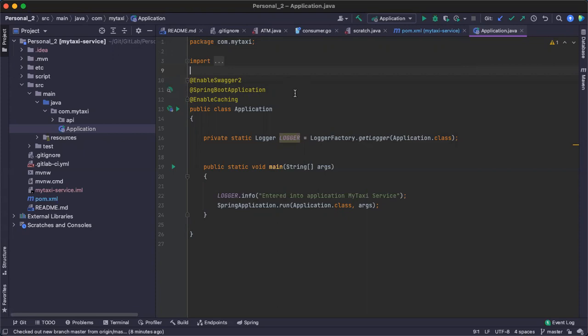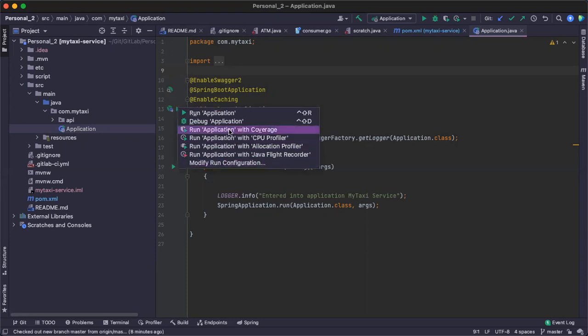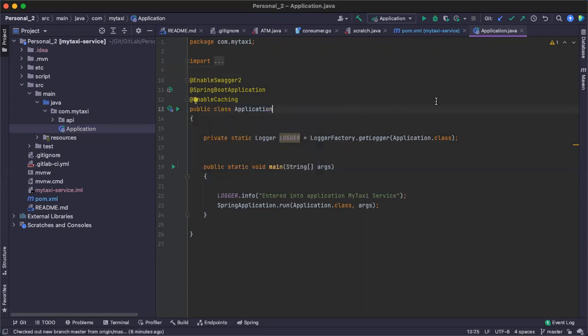Again, you can open it as many times as you want per day. You can open multiple times, but every 30 minutes it will get shut down. That's the only disadvantage. In the 30 minutes you cannot write any big code, but for debugging purposes or SonarLint purposes, you can use those actions.